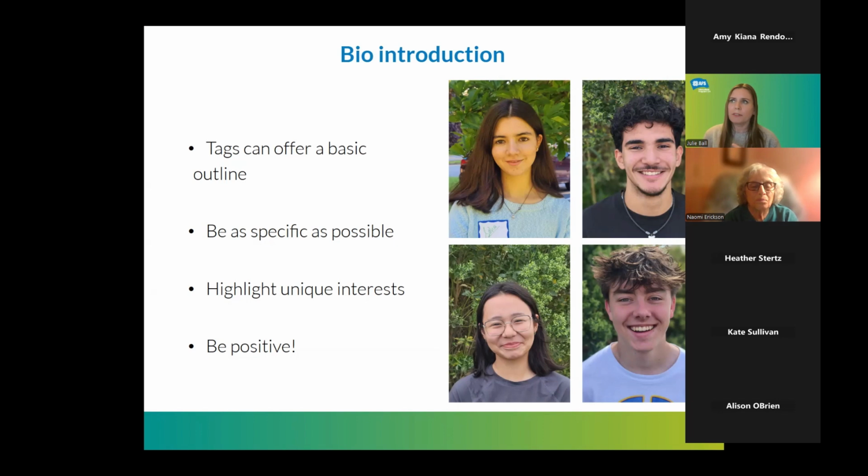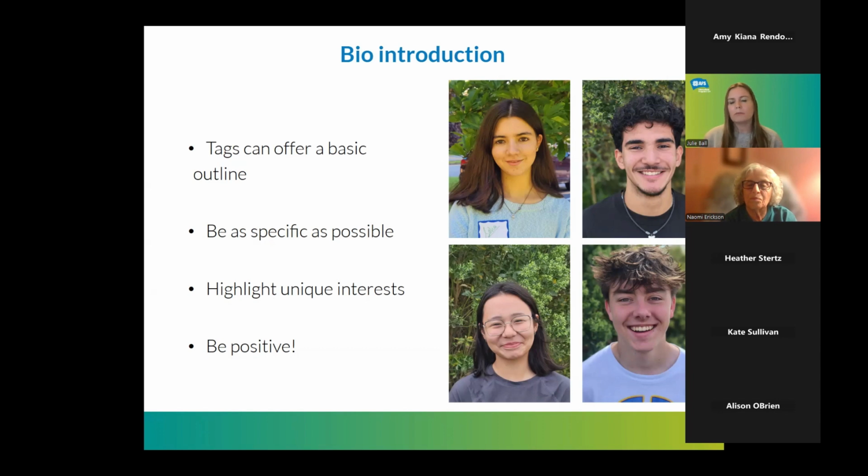That is one of the most important things, and one of the hardest things, to make each bio extremely unique and different from each other. And that will help you write them as well, because it makes it more interesting. And be positive. Again, these are first impressions. You do want to be honest, but avoid oversharing, because the volunteer family will be able to see all that you are seeing, eventually, about the student.